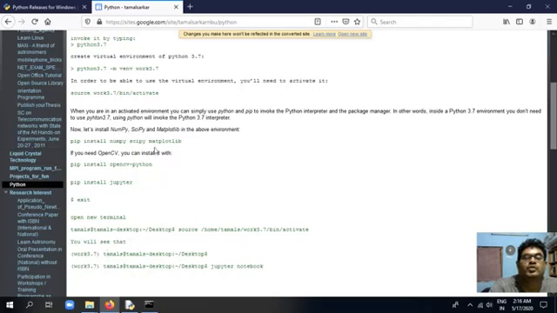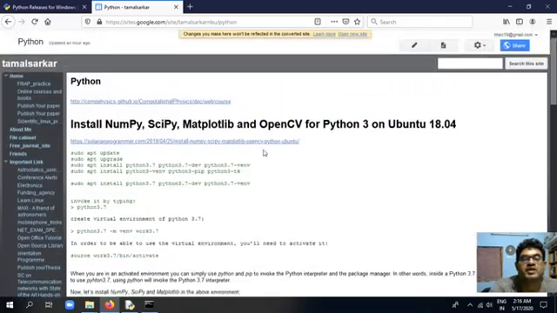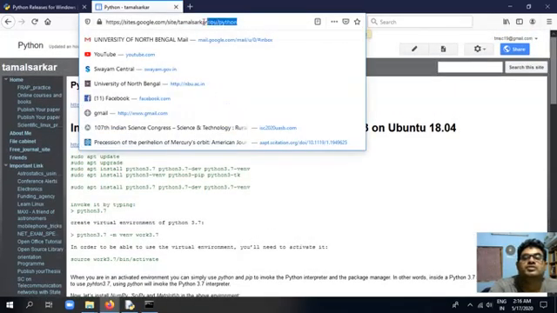And here, when you do this activation part, when we write source and the environment name, what happens is that in your terminal this prefix will come, and you have to type everything after it, and it will provide you a virtual environment. So this page is also very helpful. This is the location of the page. When I upload my video to YouTube, I will also give the necessary links for this.